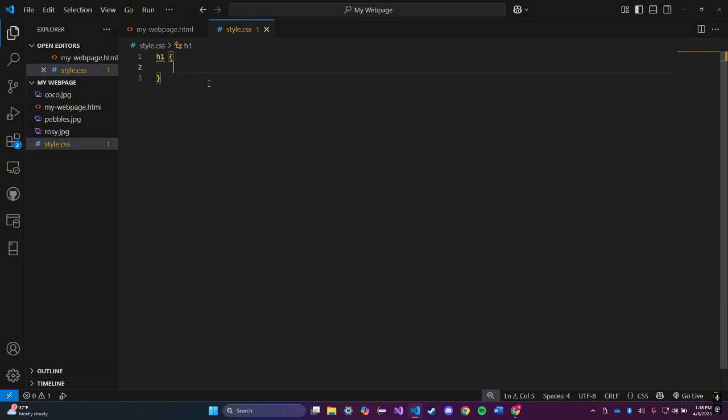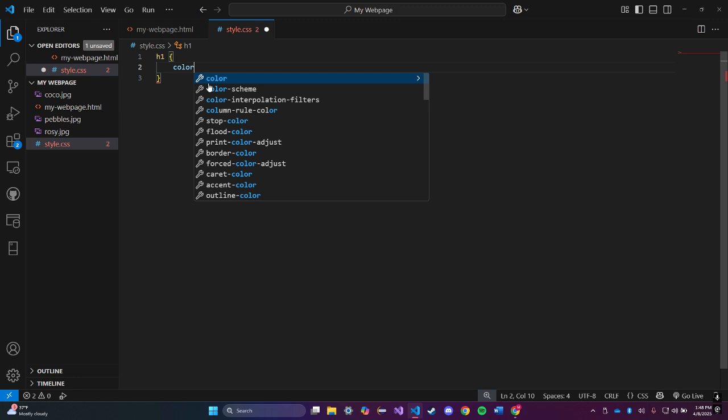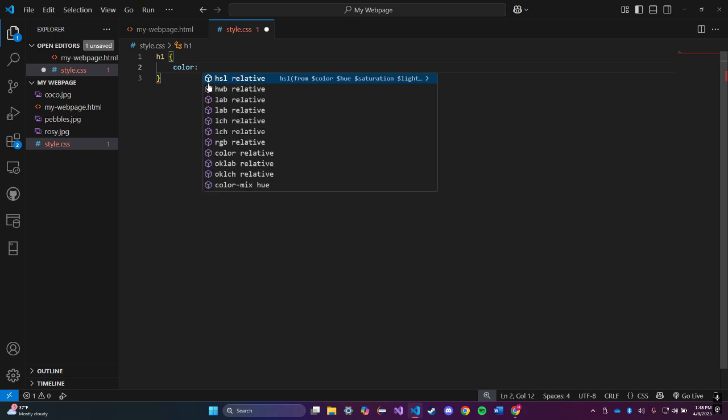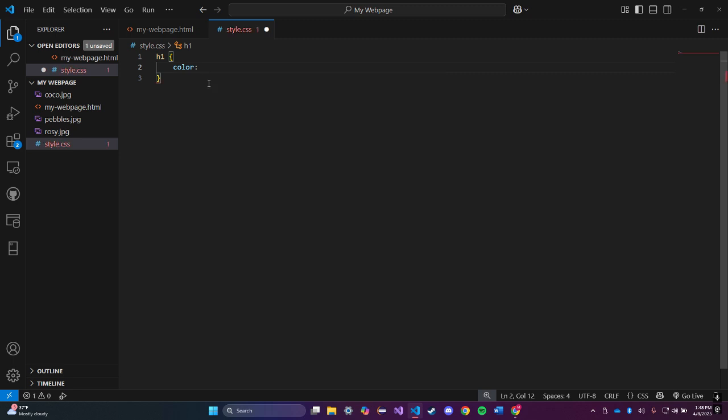Say I wanted to give it a different text color. I will say color, which is the attribute name of text color in CSS, and then you can give it a color. There's a few different ways you can do it, or you can just type in the actual plain text word for the color. I'm going to say navy,